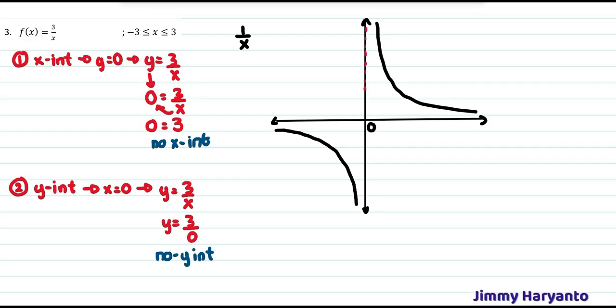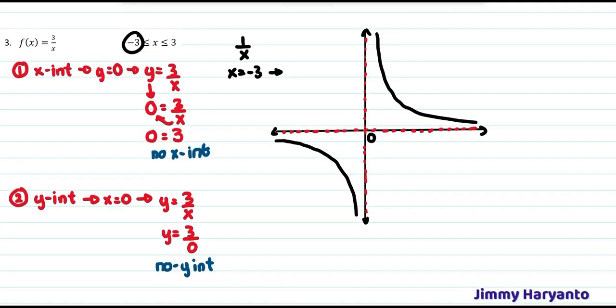So keep in mind that usually for 1 over x, with the x below the fraction, there will be no x-intercept and y-intercept. Instead we have the asymptotes. And then the curve will be like this, but because we have to draw it from -3 until 3 and we don't have any coordinates right here, maybe we can calculate some of them. Let's say -3. If we have x equals -3, that means the